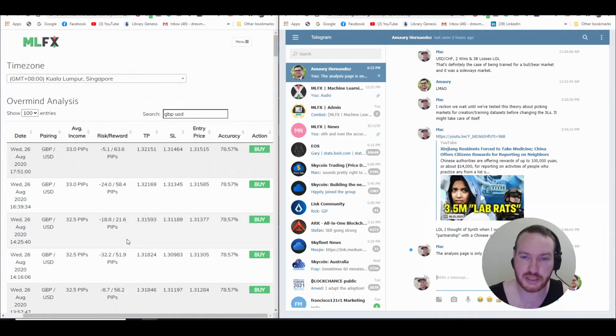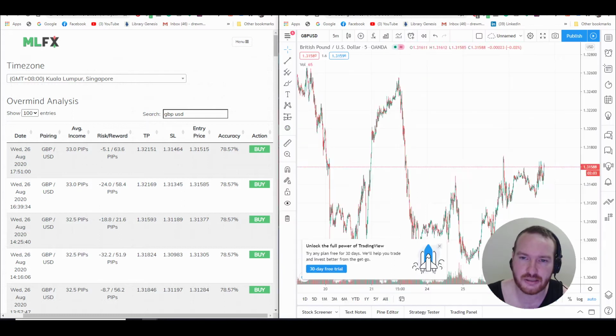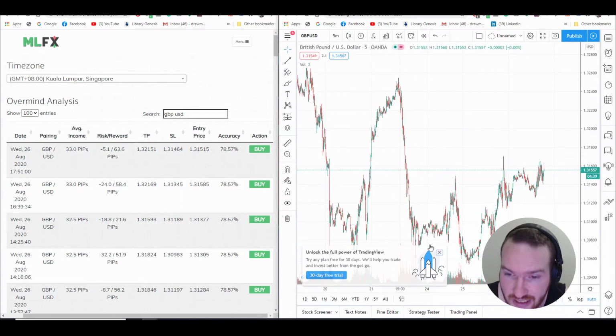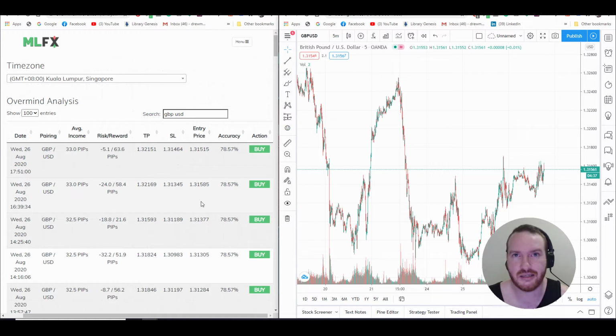So we've got the GBP USD up on the left hand side. You'll be able to see right here that I just messaged my co-founder, my buddy, my partner in crime, Armory, that the analysis page is only storing or loading 900 entries, which is an error, an issue. So we're going to have to fix that. Unfortunately, it does mean that we aren't going to be able to see all of the results that I tallied. Luckily I did tally them yesterday, and I was able to capture the trades that happened on Saturday,